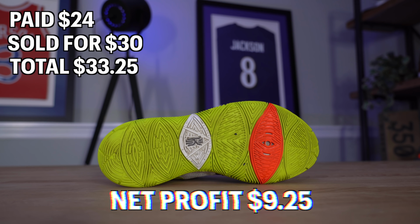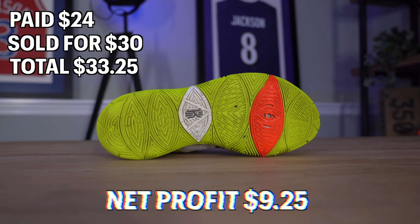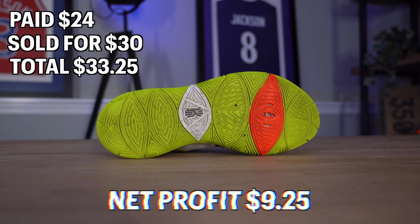So I'm not going to be buying Kyries again. There was a reason why I didn't buy Kyries in the first place, and I definitely won't be doing it again after that. But with all of that being said, the total that we were able to add back into the sneaker collection fund was